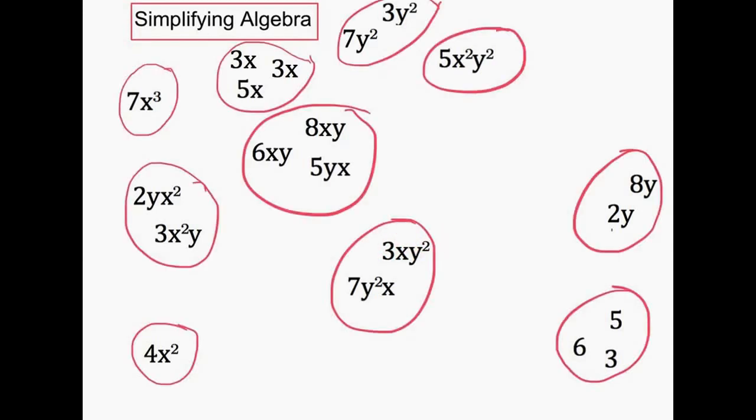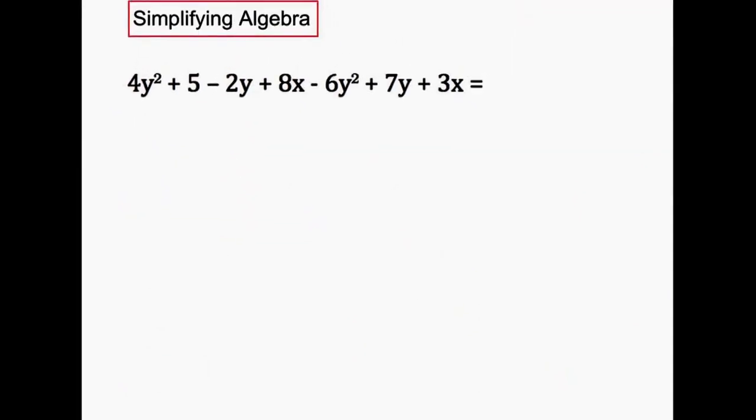Now we have grouped all of the like terms together. And this is what we're looking to do when we simplify expressions. We're looking to find the things that are alike, group them together, and write them as one. This video is going to look at how you simplify an algebraic expression. We are looking for terms that we can put together